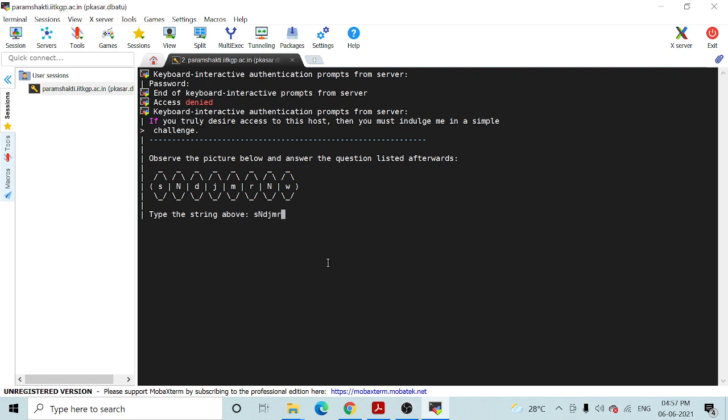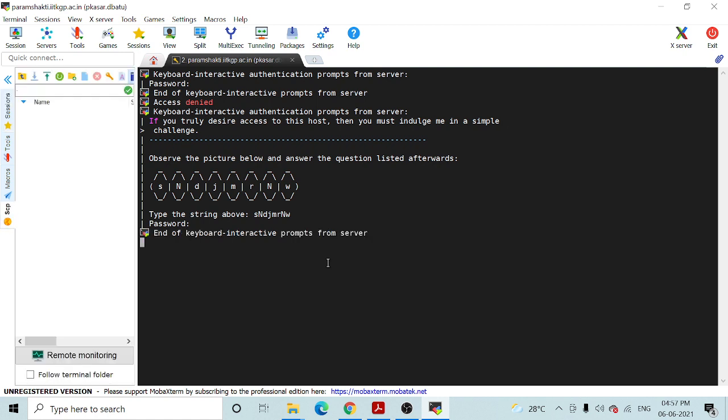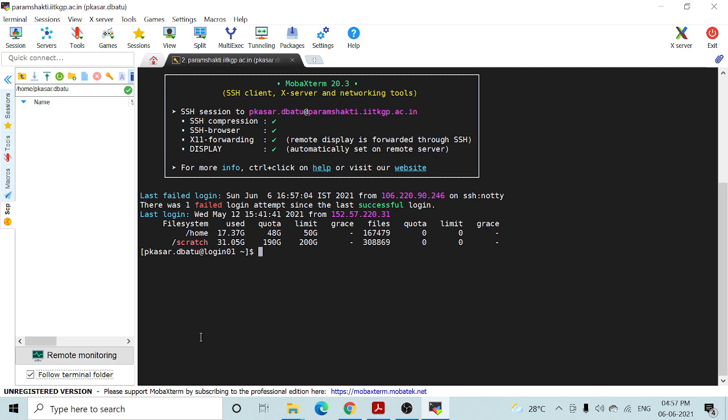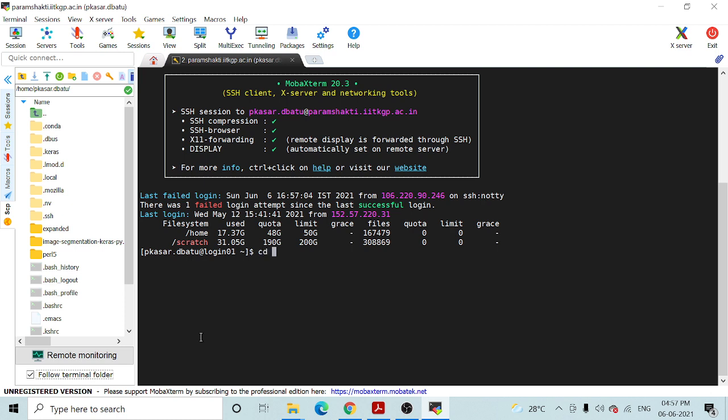As per my research area, I am going to segment the tumorous region from brain MRI images, and I will demonstrate training of one of the segmentation networks, that is ResUNet, sorry, Res-UNet, for segmenting my brain MRI images. I have already transferred my dataset to this supercomputer. Let me show you, once your login is successful, you will get this welcome screen.